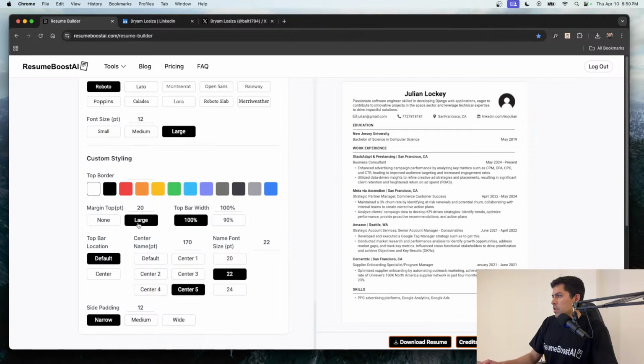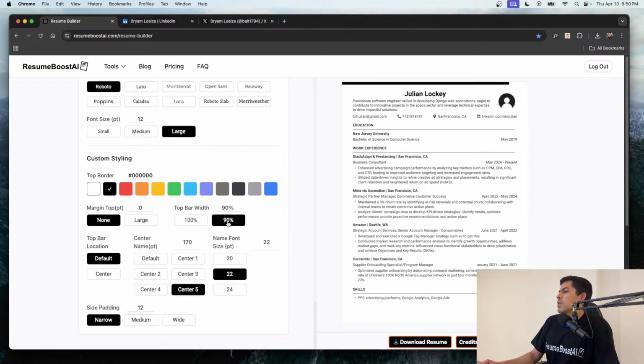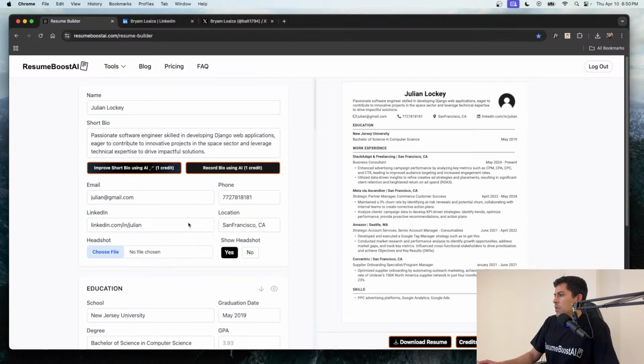There's more things here that you can also use. The margin top, that's for the bar here, if you wanted to have it over there or something like that. I don't think that looks too good. But you can play with this as well. And let's just jump into the big update, which is